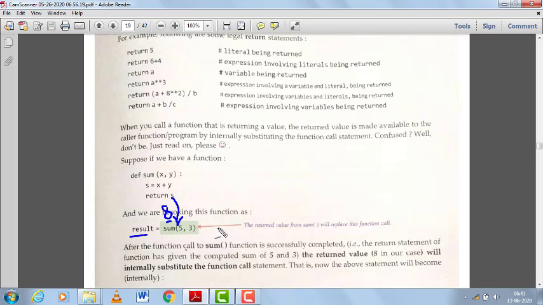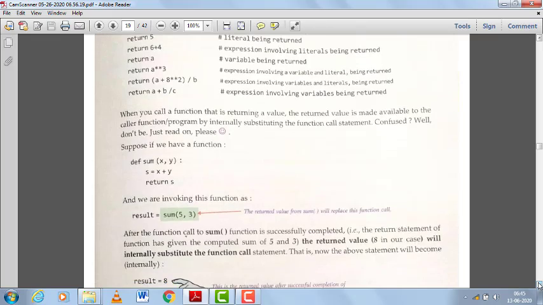If we are not using a variable to store the return value, or we are not using that value in an expression, then there will be no use of returning a value by a function.